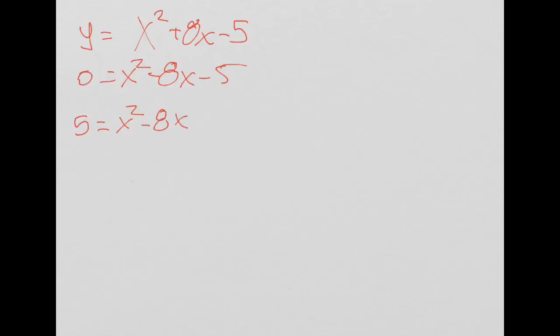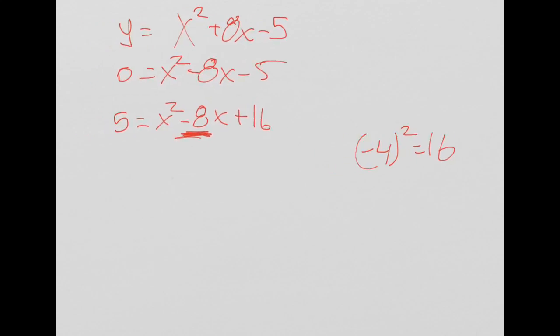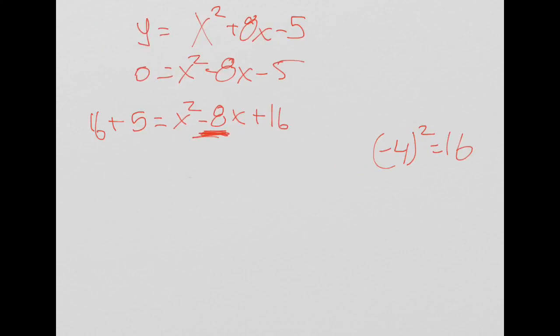And now you ask yourself, well, what do I need to add to make this a perfect square? Well, you're going to need to add half of that number squared. So half of that number is negative 4, and negative 4 squared is 16. So I'm going to add 16 over here, which means I need to add 16 over there. So I'm going to get 21 equals x squared minus 8x plus 16, which I can factor as x minus